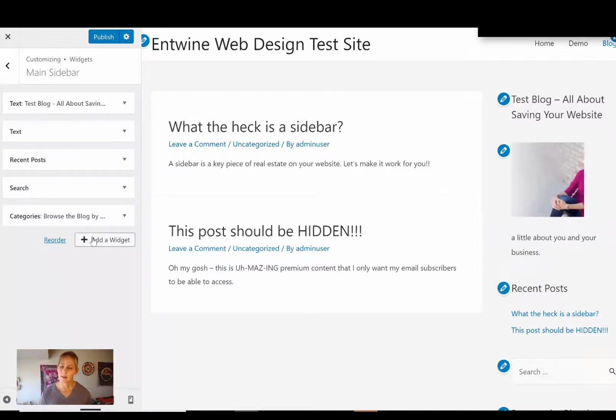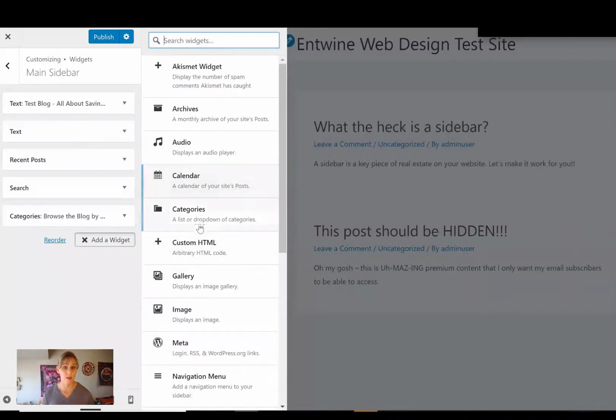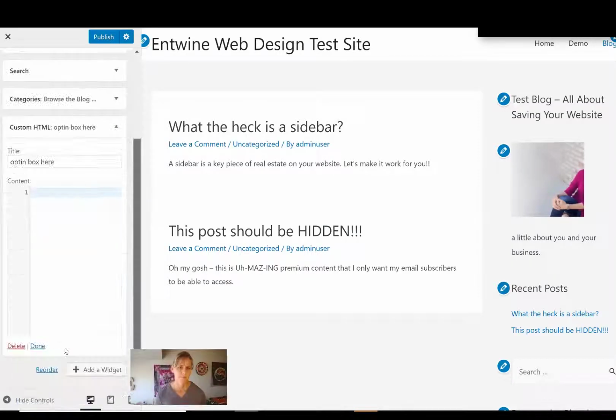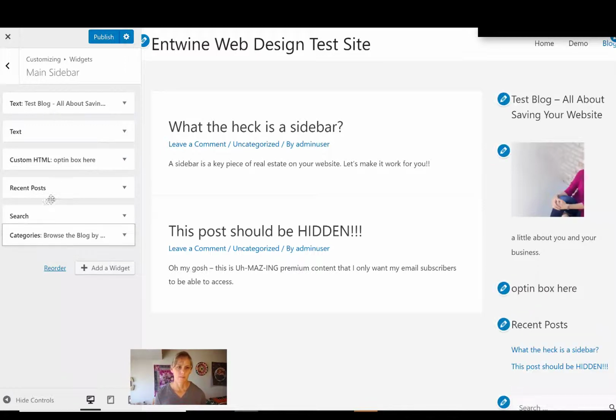Now we want to add an HTML widget. And in your HTML widget, that's where you're going to add the code for your opt-in box. So you're going to have to get that from your email service provider. And you can just cut and paste that code right in there. So opt-in box here. Obviously, we'll take out that title. And we'll move that up. And now we have